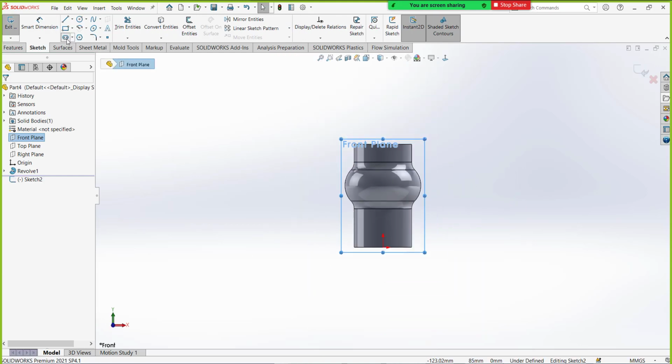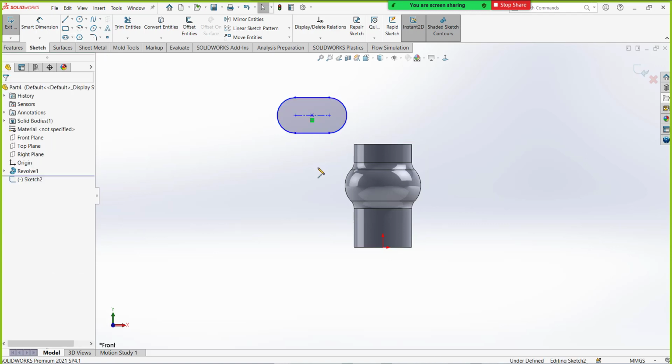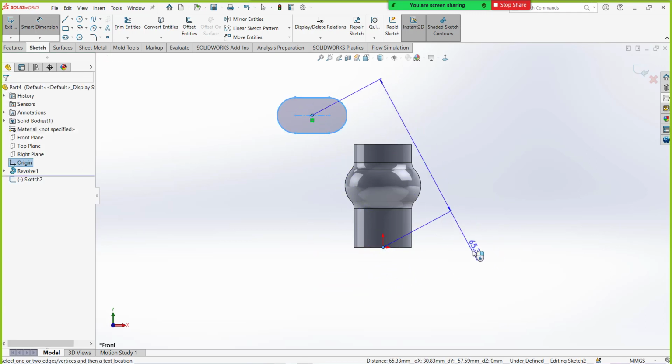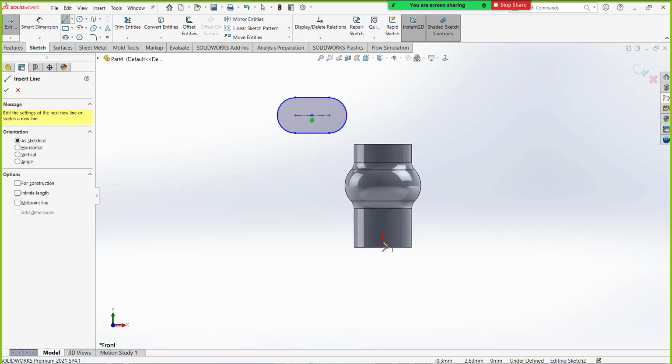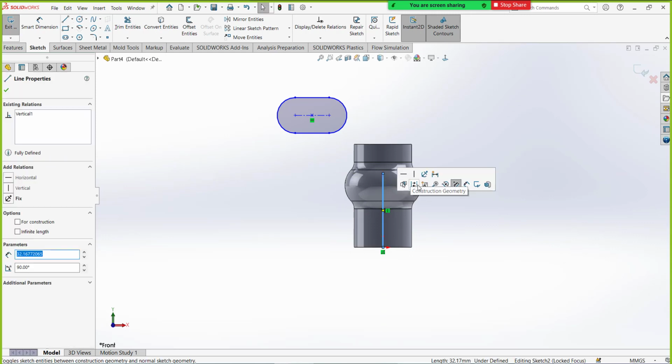Here we have the slot. Just select it, draw a slot like this, and now I need to define the dimension. So from the origin to this I need to add the diameter. If you want to add the diameter values, you need the reference axis. Remember that.